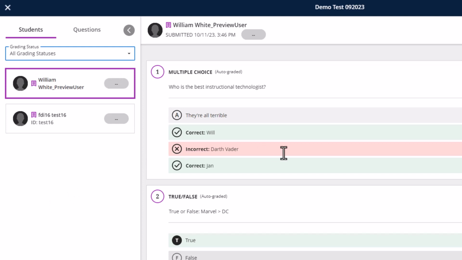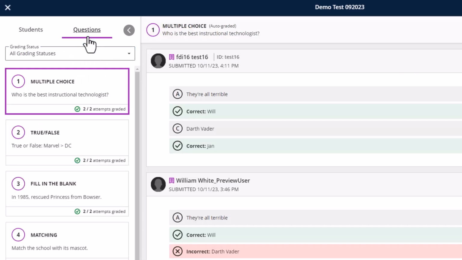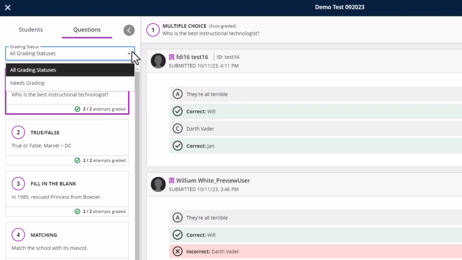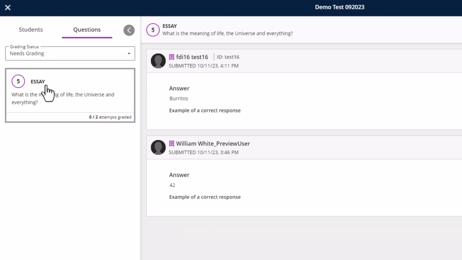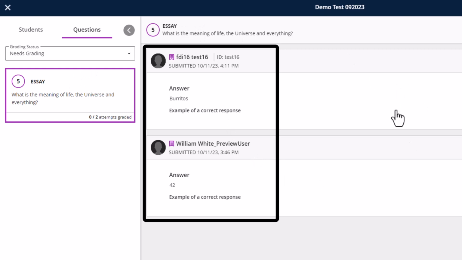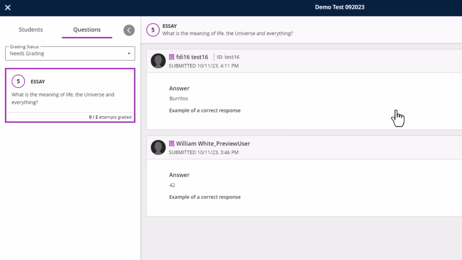Now for this kind of test, Scholar actually did most of the grading for us, so it might be easier to grade by question instead of by student. We can do that by clicking on Questions up here, and now we see a list of all of our questions. And again, we can filter it by which questions need grading and which are actually all graded. So if I click here on Essay, now I see both of my students' essay questions,